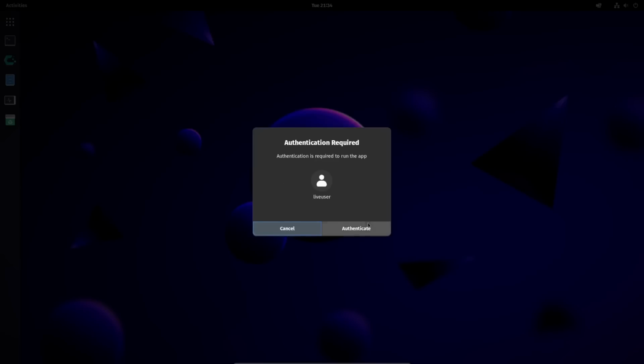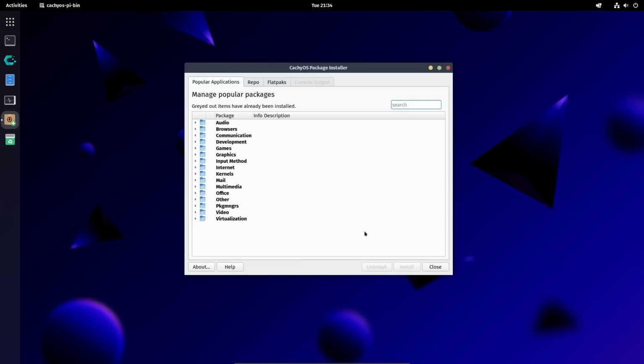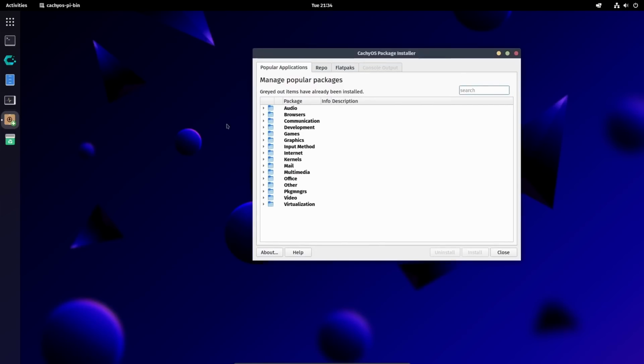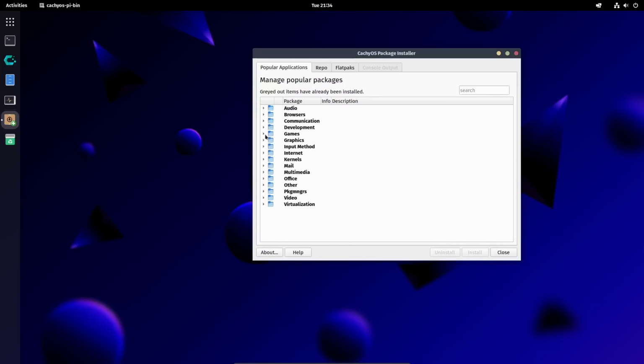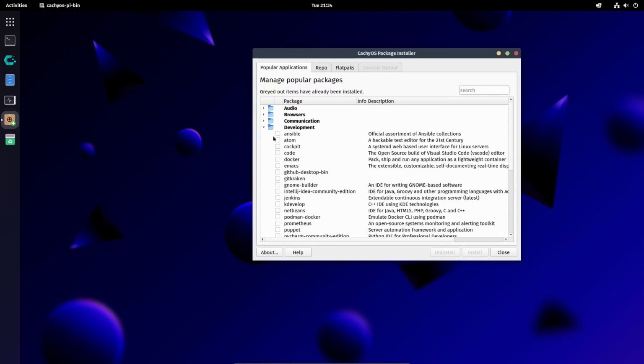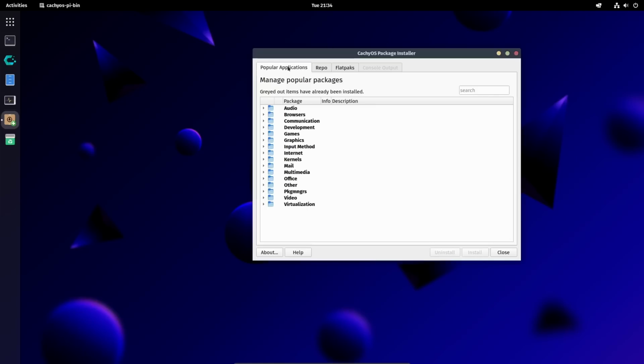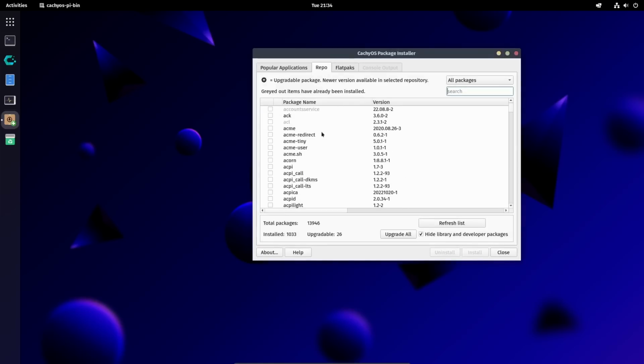Now this right here is also what you'll see when you run the Calamares installer. Once you get to this, you can come over here and pretty much pick certain applications you would like to install. And you can go through here and pick as many as you want. You can come down here and click install and it will install them all at once. Now, if you select this during the install process with the Calamares installer, you will just select them, go ahead and create your user info, and then when you install the system, it'll go ahead and install those packages for you. Right here, it's got different repos and the different items that are in those repos, and then, of course,